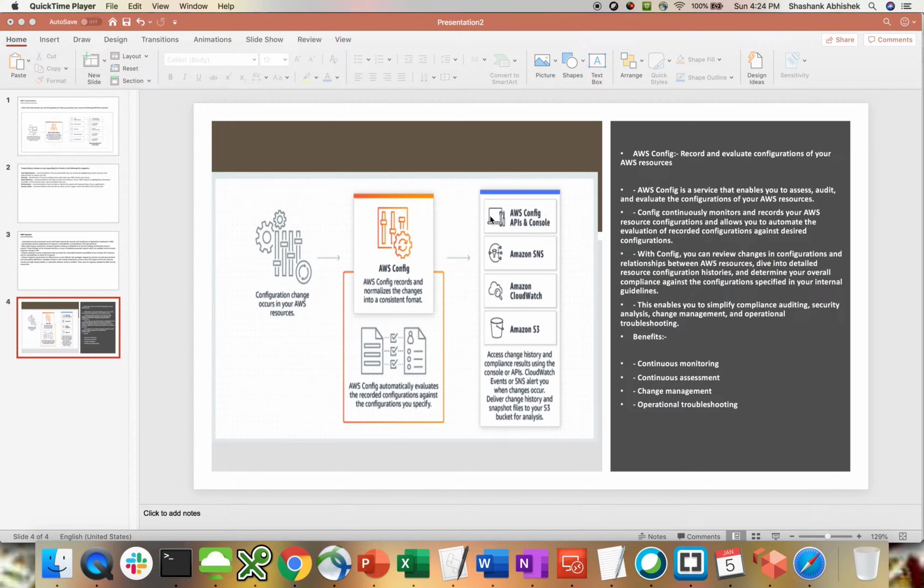Then you can check that via AWS Config API or console. You can send the notification with SNS. You can use Amazon CloudWatch as well to check the logs. You can send the report to Amazon S3 bucket. So access change history and compliance result using console or API, CloudWatch events or SNS alert